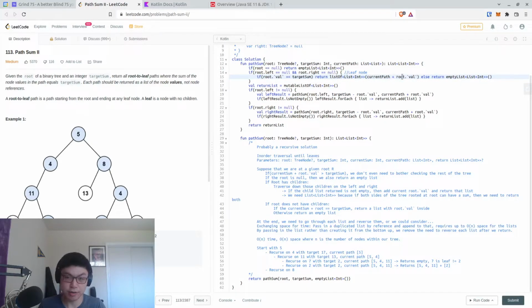This might require me to wrap it in a list. Hopefully it doesn't. So that returns up to 11, then 4, then 5. So this goes to 11, and now 11 is done. Add that to our return list, return. Add that to our return list, return. Up to 5. Now we recurse on 8 with target 17,